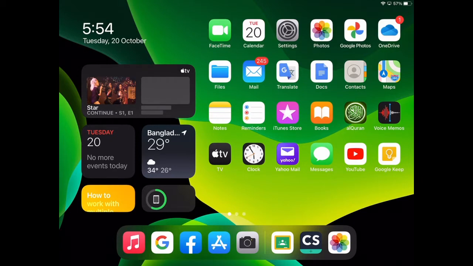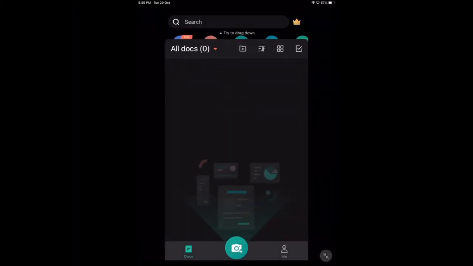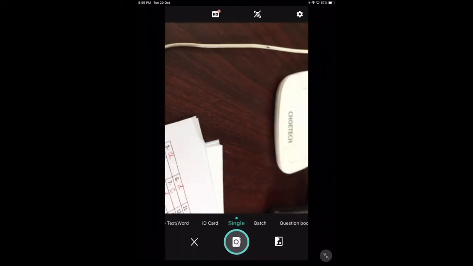In this video, I will try to explain the use of CamScanner and how to upload a PDF from CamScanner to Google Classroom. First of all, you have to open CamScanner. From CamScanner, you just touch the camera button and then